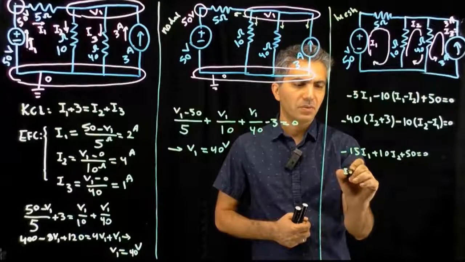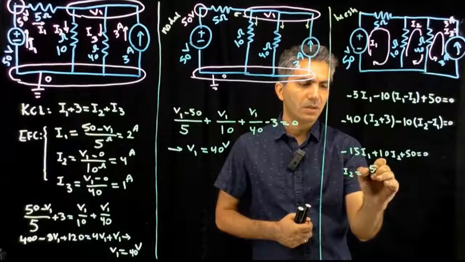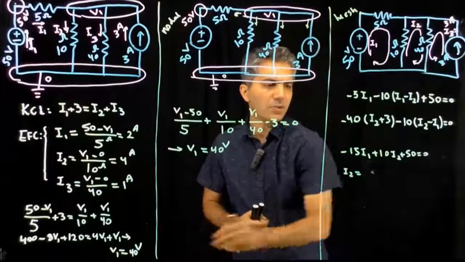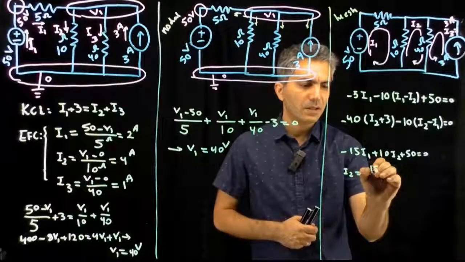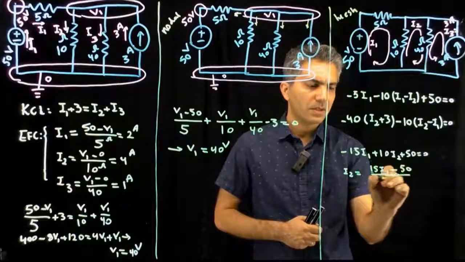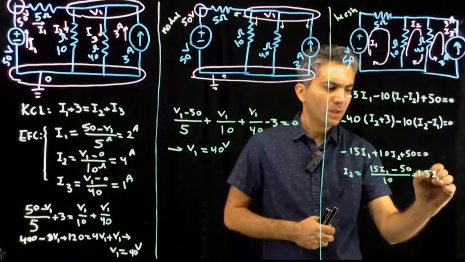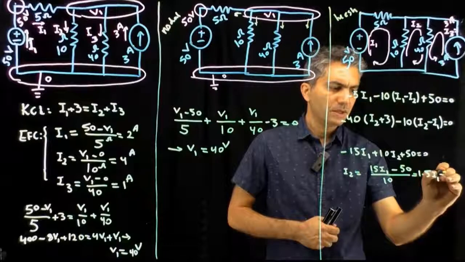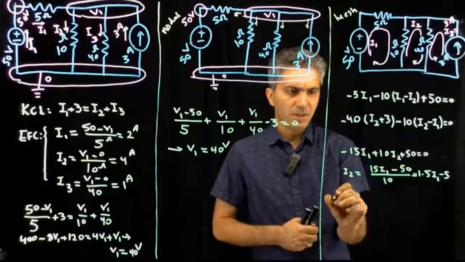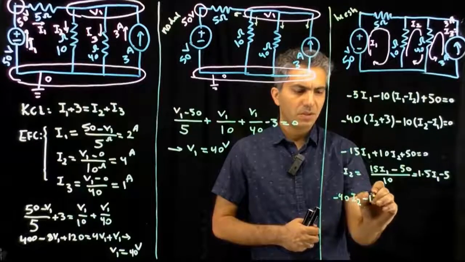So I2 would be equal to 15 I1 minus 50 divided by 10, which would be 1.5 I1 minus 5. So I can take that and put it in here. So minus 40 I2 minus 120,